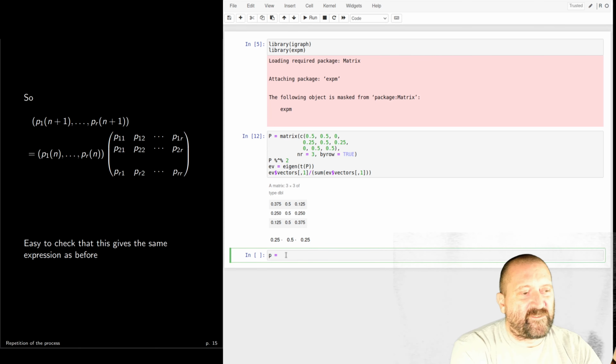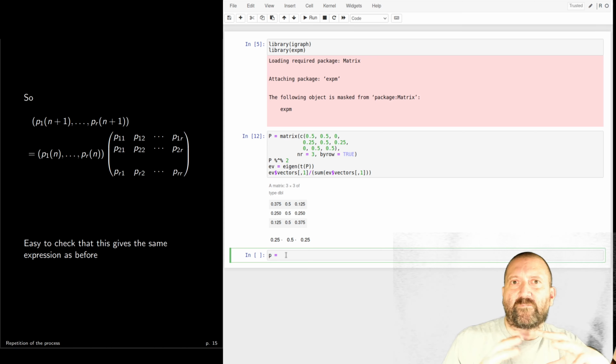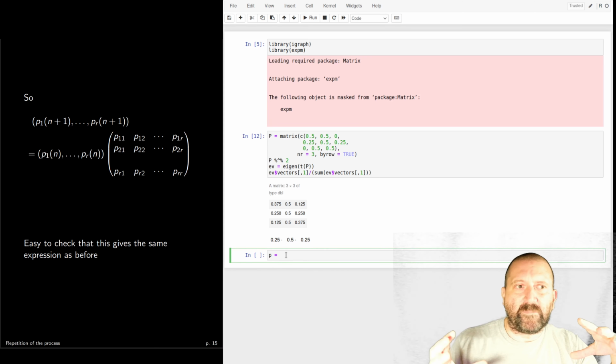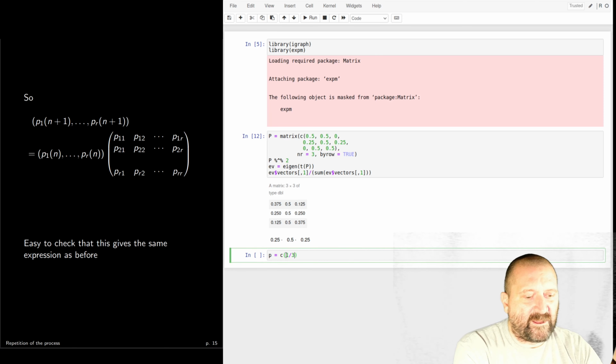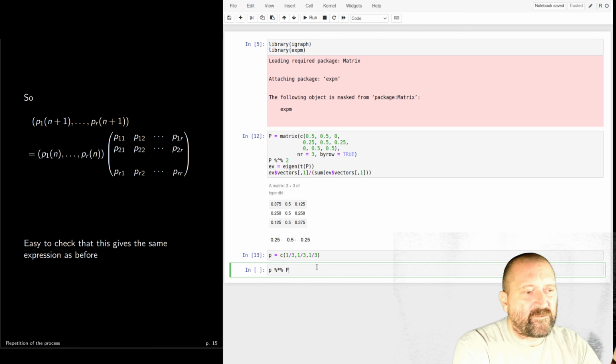Recall that when you're looking at the evolution, you can start by assigning probabilities at random in p. So for example, let me start with this. I could say that P is the vector that has 1/3, 1/3, 1/3. Now if I consider P dot P,